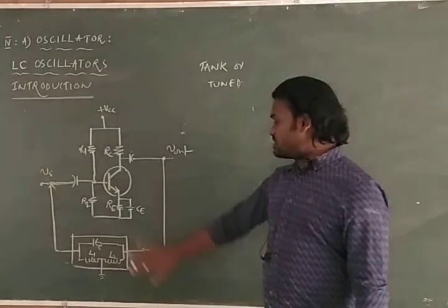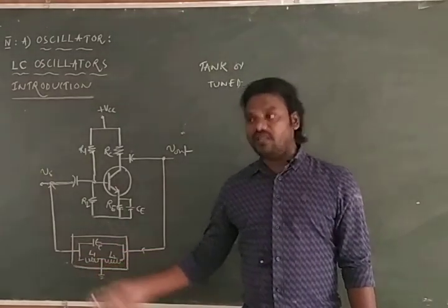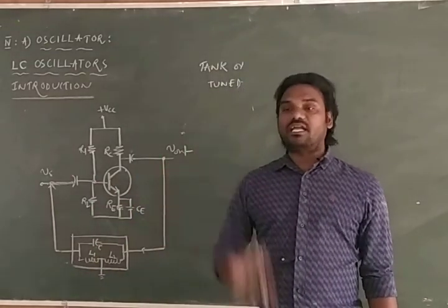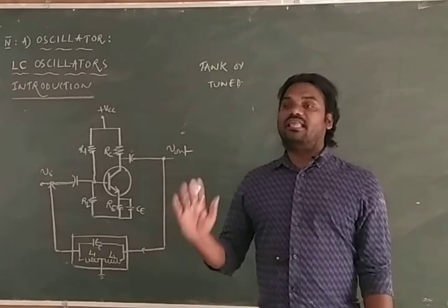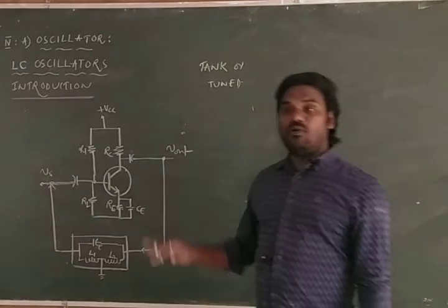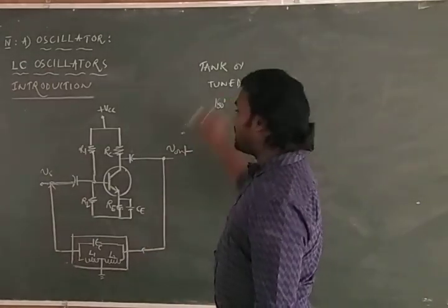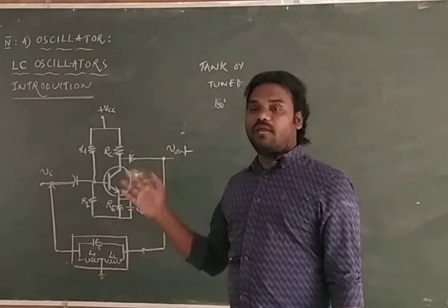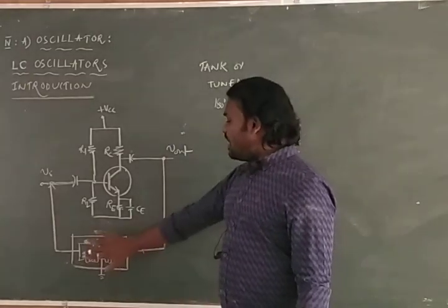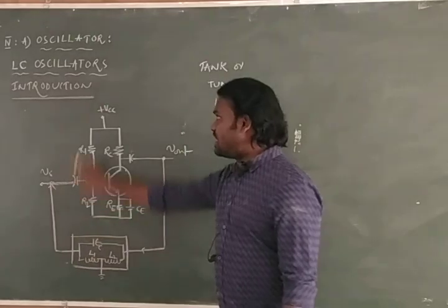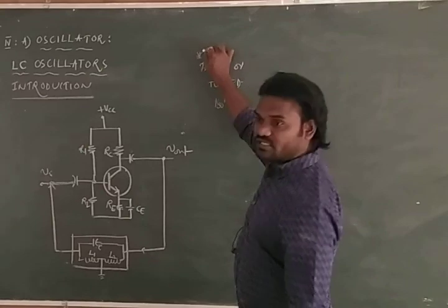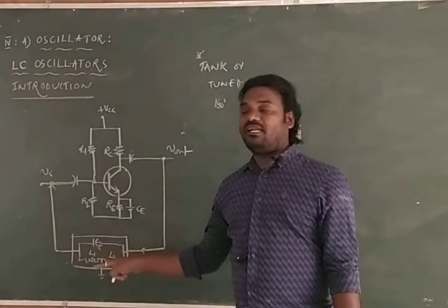When the positive feedback employed in the oscillator circuit is designed with only L and C components, then that circuit is named a tank circuit or tuned circuit, and this is able to provide the 180 degree phase shift in the oscillator circuit. In LC oscillators, positive feedback is also called a tank circuit, because it is completely designed with L and C components only.